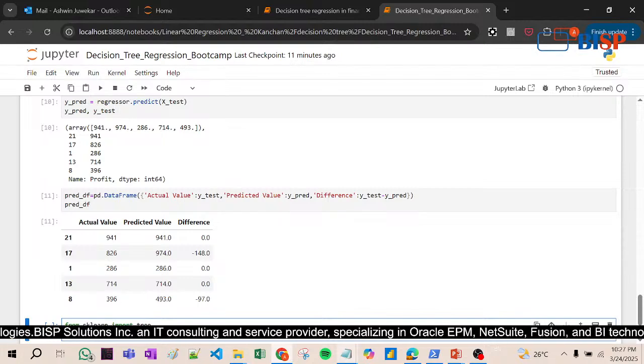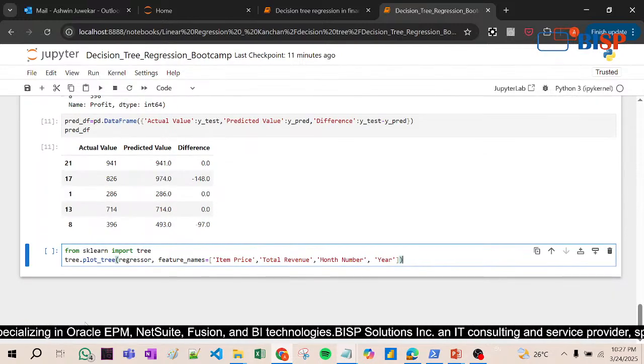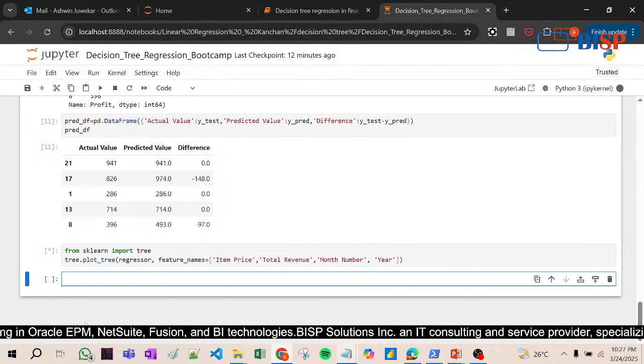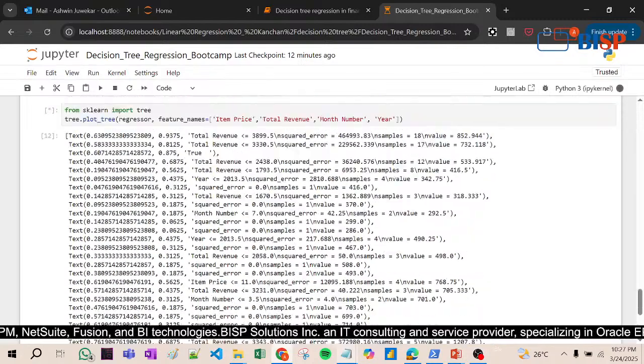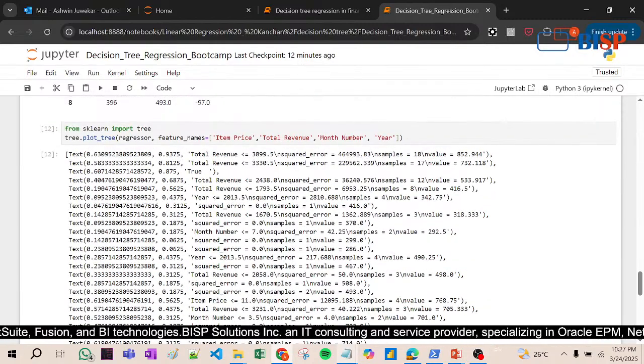Now tree.plot_tree equal to regressor, so we will pass the regressor also, then the feature names, that is item, price, total revenue, month number and year, right? And based on that we are plotting the data. Now look at this, just a second, we need to wait for 2 seconds more. Okay,